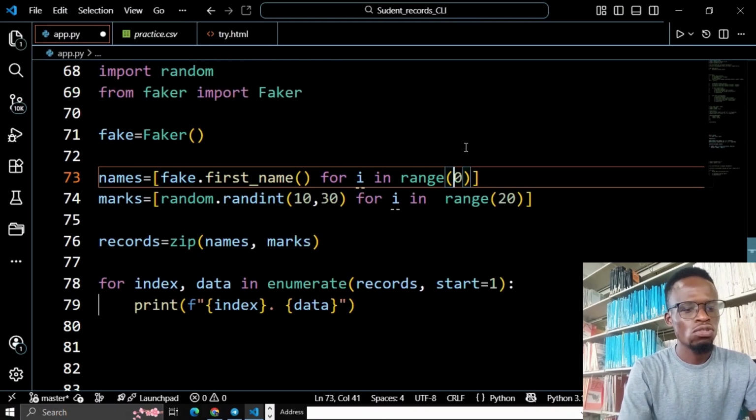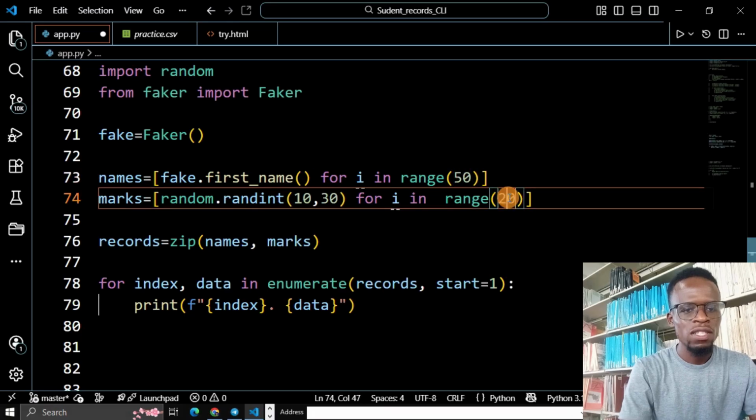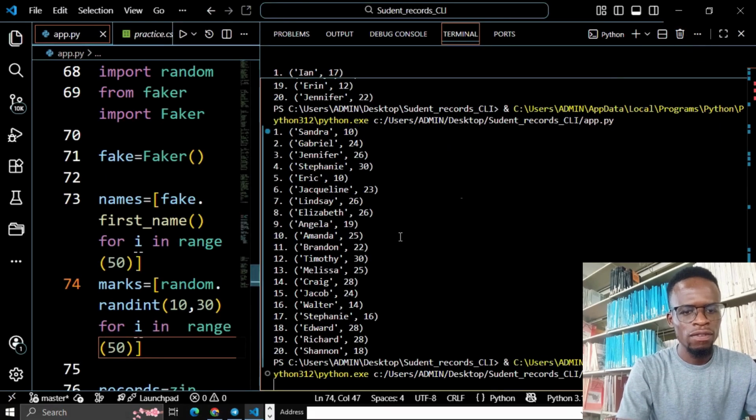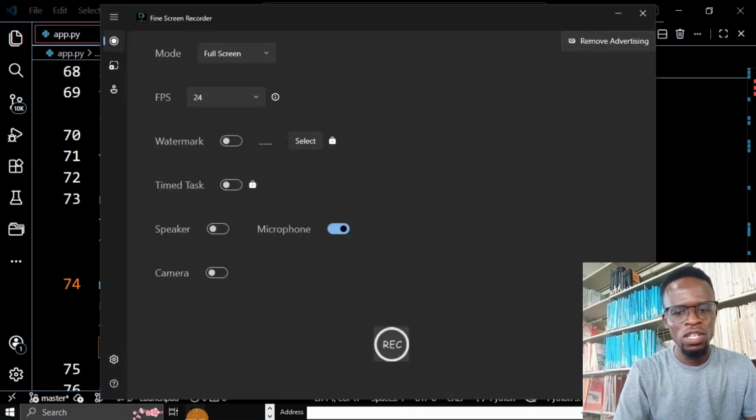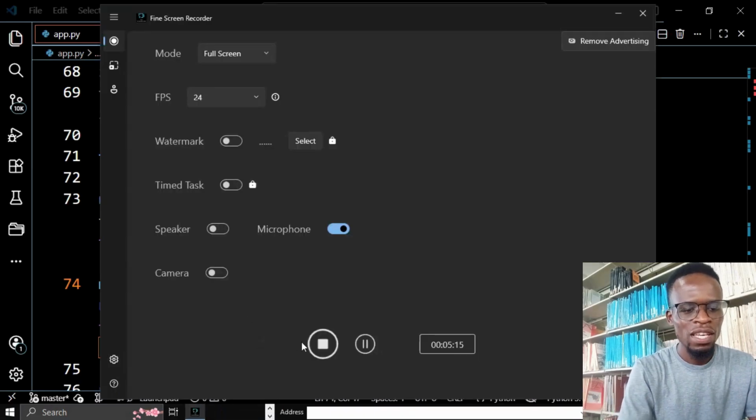So if I change this to 50, we should be able to get 50 records. Let me change this one to 50. You see that the names will be increased to 50 records instead of 20. They will be increased to 50. Do you see that here? The last record is 50. That is that. So you can generate thousands of records without having to challenge yourself or maybe stressing